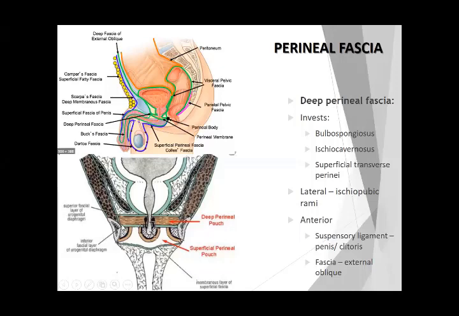Abhi karte hain. This is the perineal membrane. We've just discussed in detail. And laterally, it is attached to the ischiopubic rami. This is the ischiopubic rami. So I repeat this fascia again. This fascia invests the ischiocavernosus, superficial transverse perineum, bulbospongiosus, this entire deep perineal fascia, and then anteriorly,